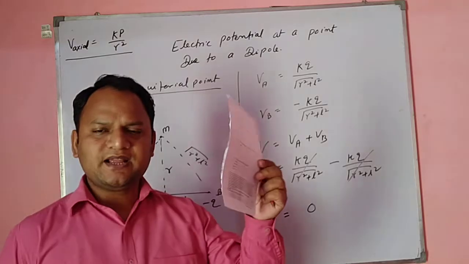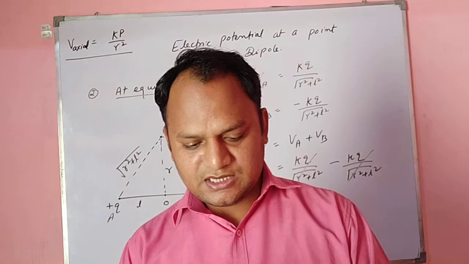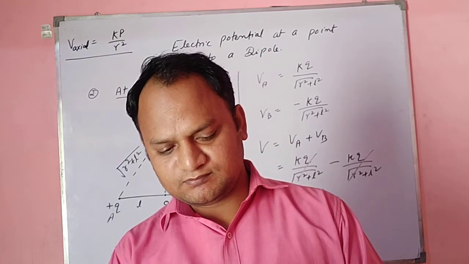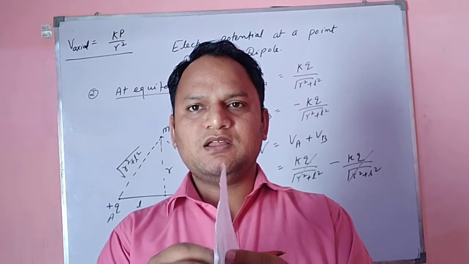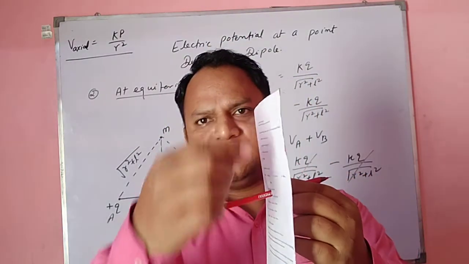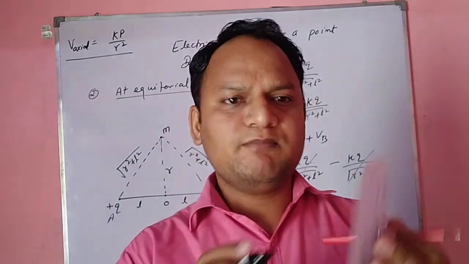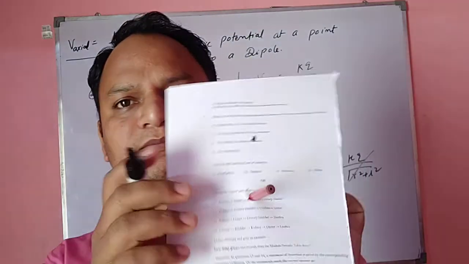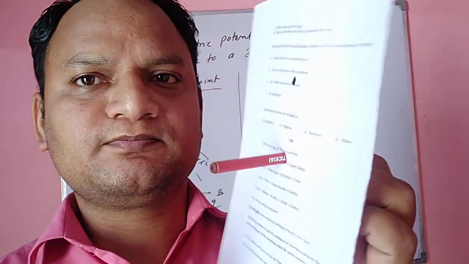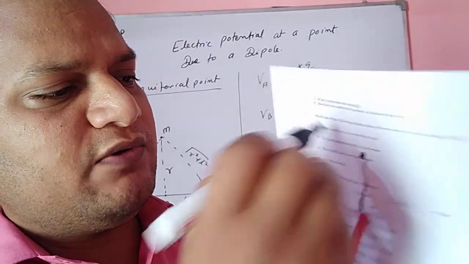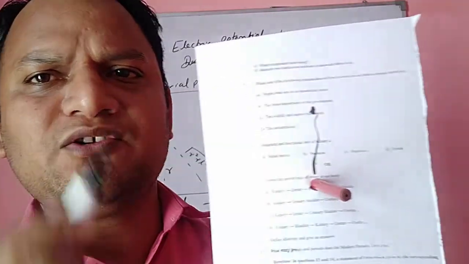Like, I'm taking this sheet and I'm assuming this pen as a dipole with two charges, and let me pass through it here. Now any point on the sheet will act as an equatorial point. Why? Because if I take a point, suppose here, so this is a dipole and this point is perpendicular to it. As you can see, this angle between them is 90 degrees, so this point is equatorial point.